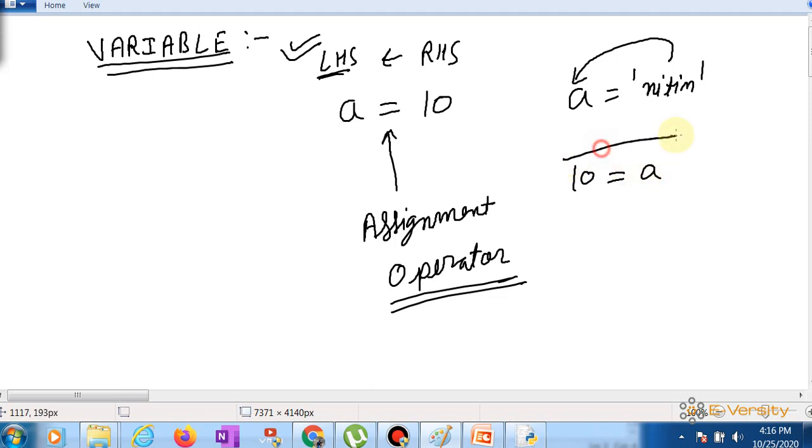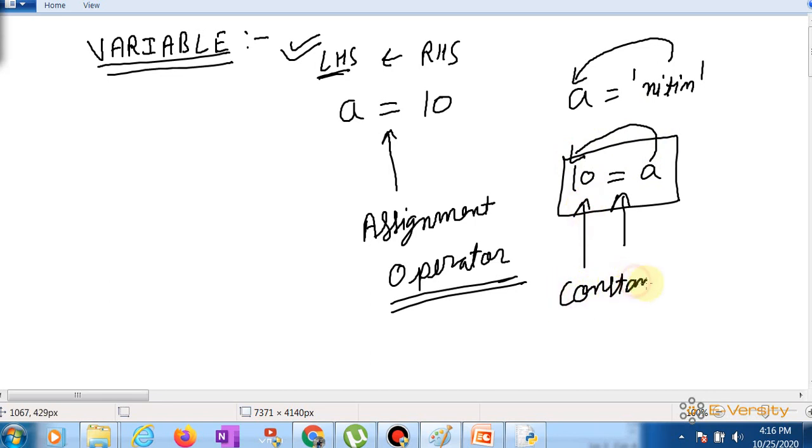What the statement means is, because is equal to is not changing its own behavior, it is just assigning a value of 10 to a, but you can see 10 is a constant, right? It is a constant. So, do you know what the difference between a constant and a variable is? A variable changes its values, a constant you cannot change.